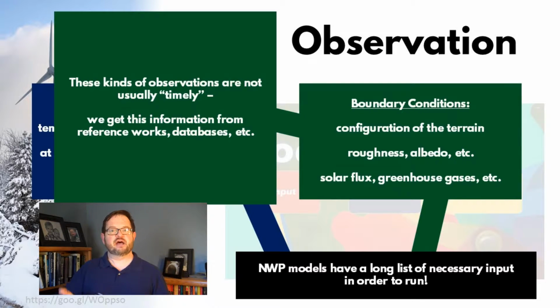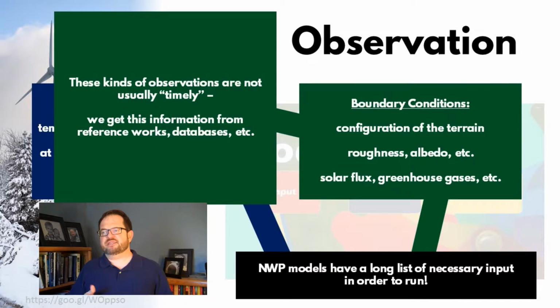Okay, or the albedo of the surface of the ocean, or maybe sea ice extent, or the roughness of the Earth, or the albedo of the Earth, or how much radiation is coming from the sun, or concentration of greenhouse gases, or whatever. These are not weather. Okay, we aren't going to be forecasting how greenhouse gases in the atmosphere are changing between now and when that storm system comes through next week. That's not the purpose of a numerical weather prediction, but that's still a type of input, and it's a type of input called the boundary conditions.